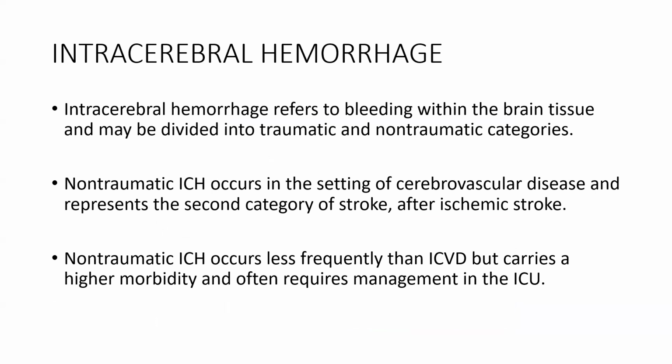Now we will see what is intracerebral hemorrhage. Intracerebral hemorrhage refers to bleeding within the brain tissue and may be divided into traumatic and non-traumatic categories. Non-traumatic ICH occurs in the setting of cerebrovascular disease and represents the second category of stroke after ischemic stroke. Non-traumatic ICH occurs less frequently than ischemic vascular disease but carries higher mortality and often requires management in the